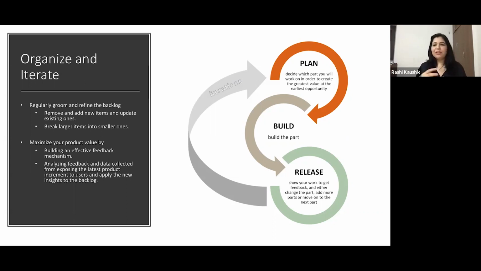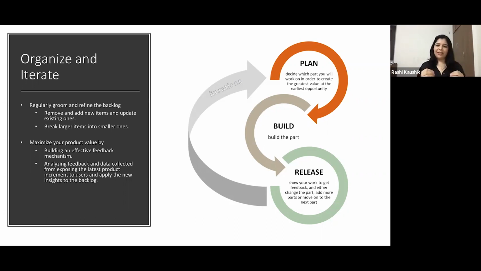While you measure the performance of the features which are released to the customer, you can maximize your product value by building a feedback mechanism. A feedback mechanism is a mechanism to use customers' feedback to improve the quality of our deliverables. Now, in this case, we build some kind of a feedback loop. It can be asking for reviews directly from the customers, or maybe some other feedback loop where the customers tell us what they like or don't like about the product.